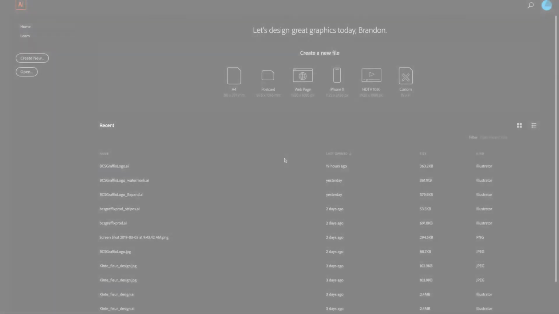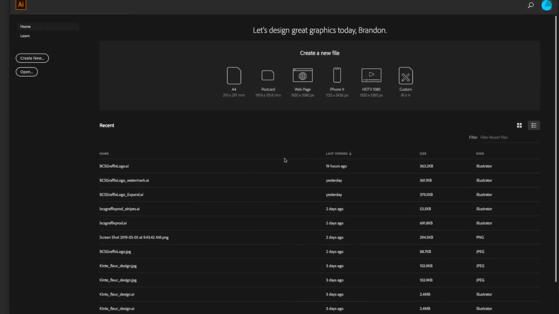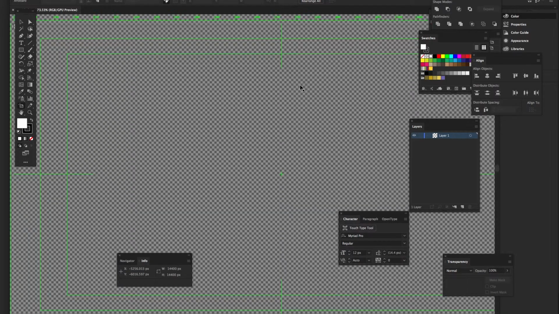This is a fairly easy task to do. It's not that hard, but there's just a few things that I like to do as a best practice to make sure I get the proper size watermark for all of my videos that I create. So let's get started. Once I get into Illustrator, I'm going to click